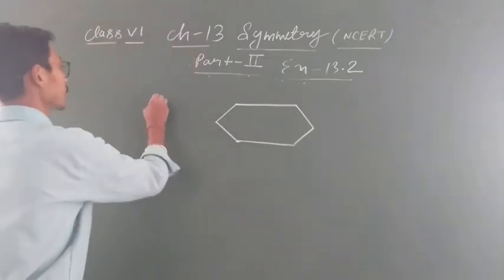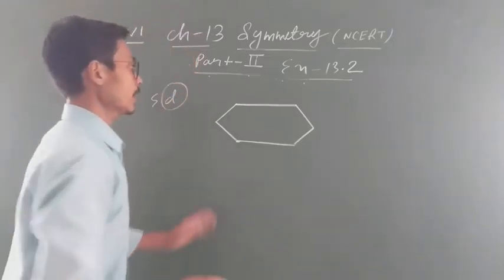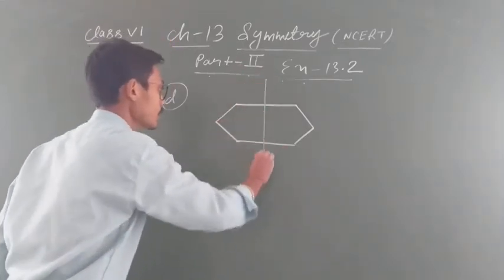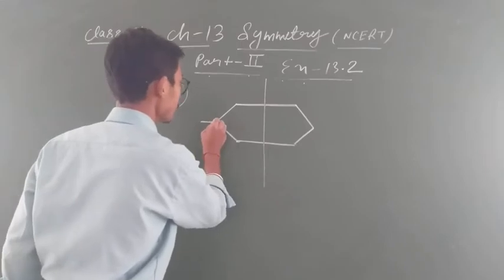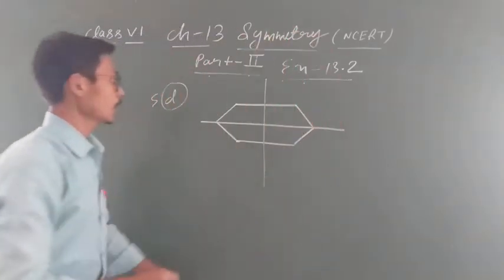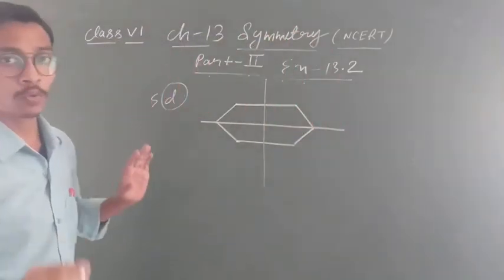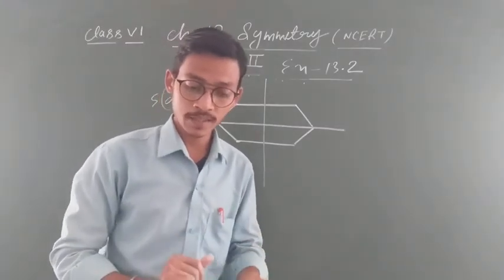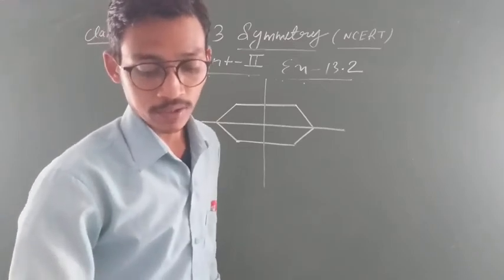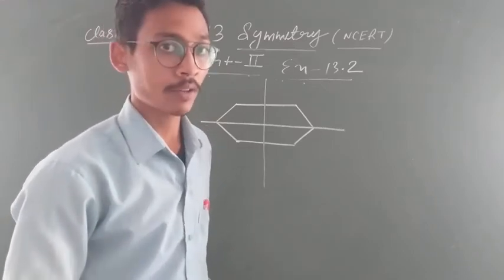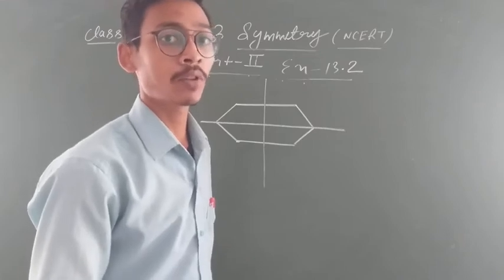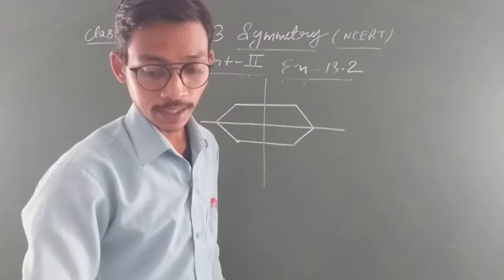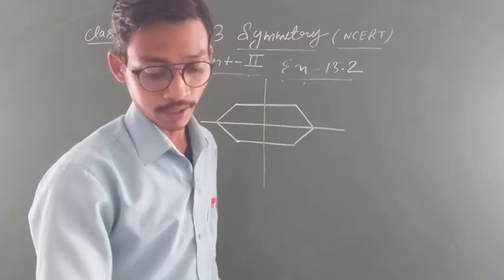D, fifth D. It is given a hexagon having 2 lines of symmetry. Therefore, here there are only 2 possibilities. First possibility is a vertical line, and the second possibility is a horizontal line. So this is about a hexagon having 2 lines of symmetry. Some questions are given, you have to use your brain. Now question C: given a quadrilateral with a horizontal line of symmetry but no vertical line of symmetry. So you will find out what quadrilateral you have to draw, in which only one line of symmetry is given and not the other.